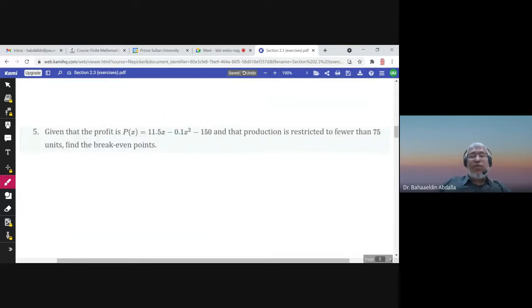Here the profit function is given and it's a quadratic, and the production is restricted to fewer than 75. Well, this means that x should be less than 75, so we cannot produce 75 or more. Find the break-even point. Well, the break-even point, if the profit function is given, would be the zeros of the profit function. So we put